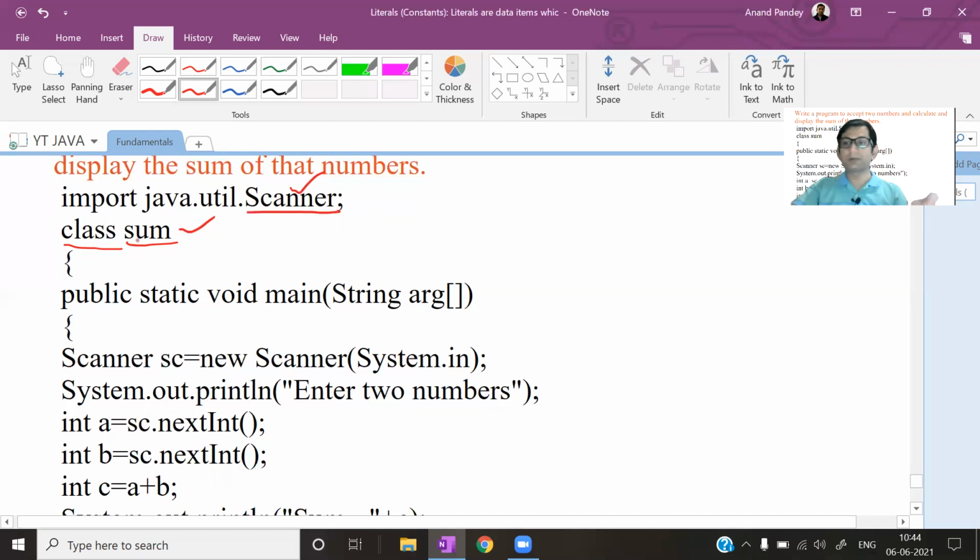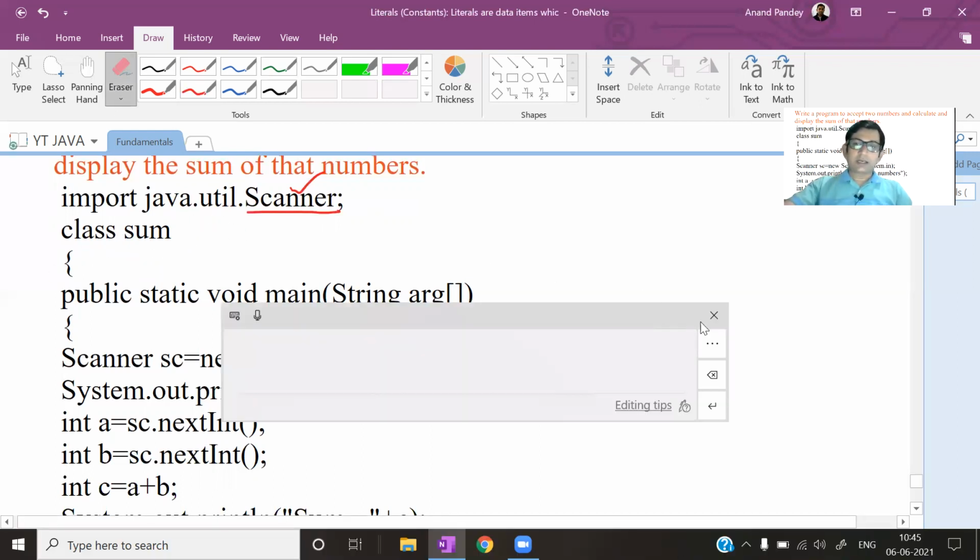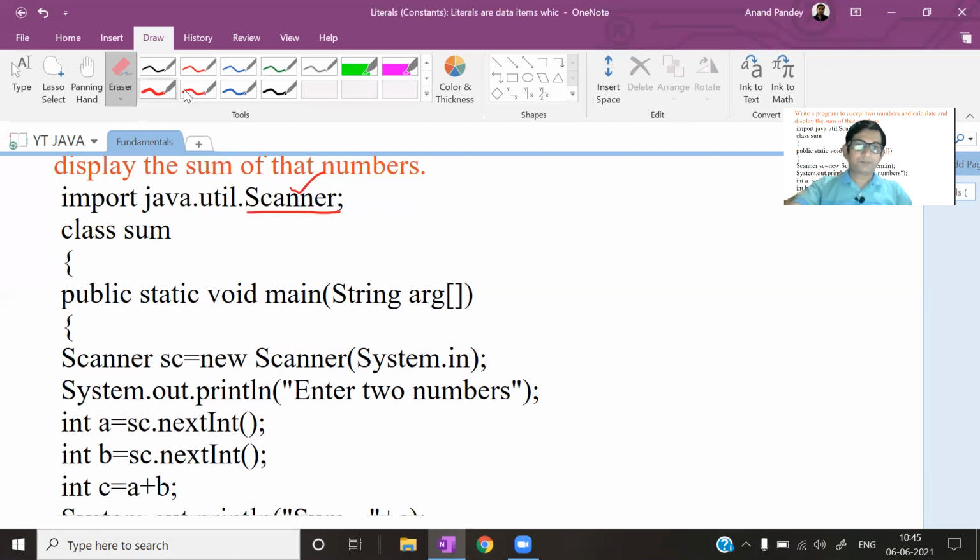Since here I am doing the sum of two numbers, I have taken Sum. You can take add, addition, summation, whatever proper name you want, but don't forget to follow the identifier naming rules. So this is class and this is the class name.